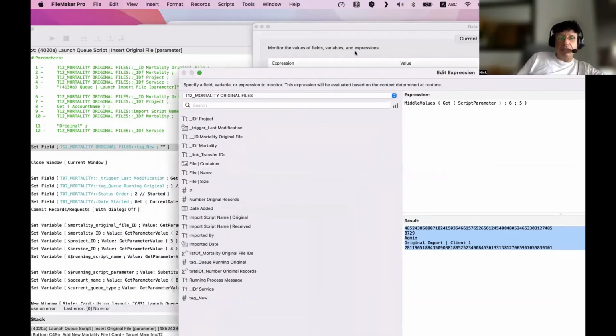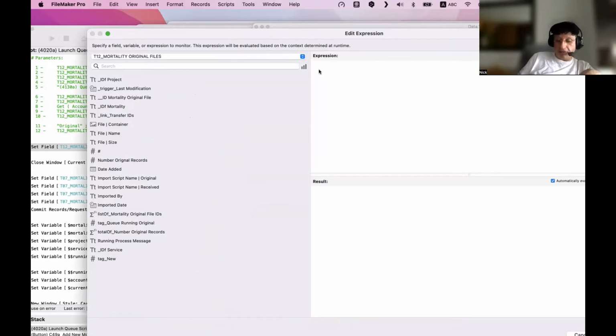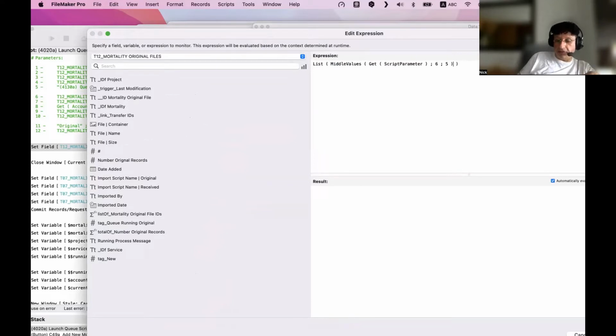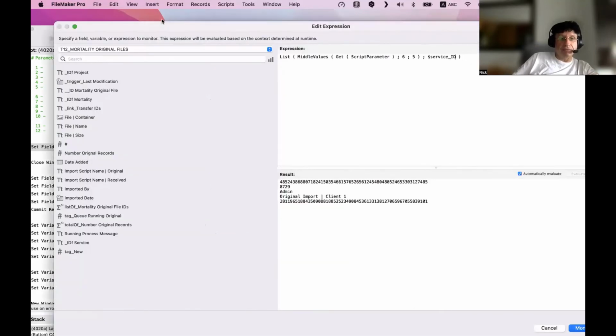And then later on, I figured out that I was missing something here. To show you the flexibility of this technique, I said, yes, but this is missing the service ID. Service ID is missing.